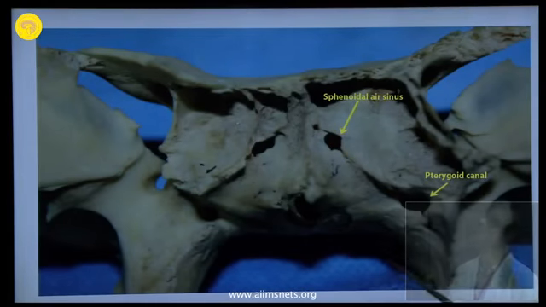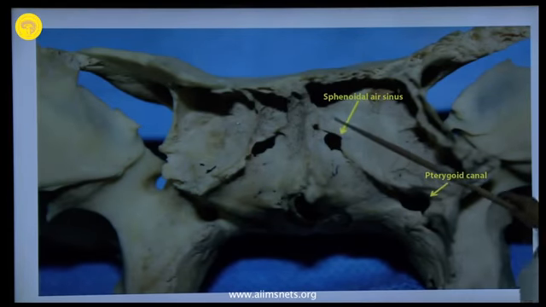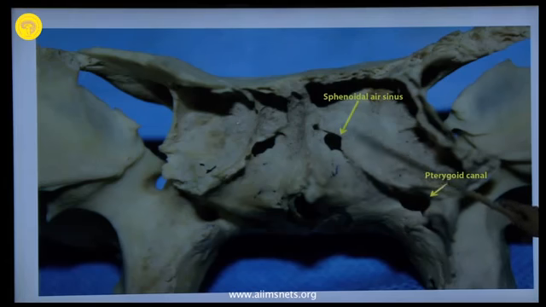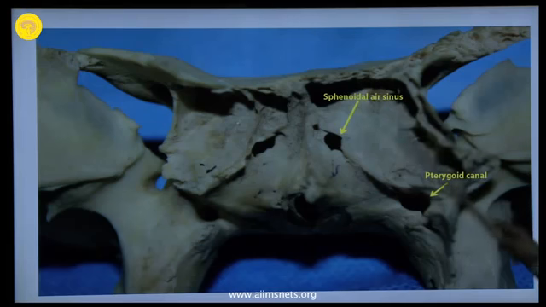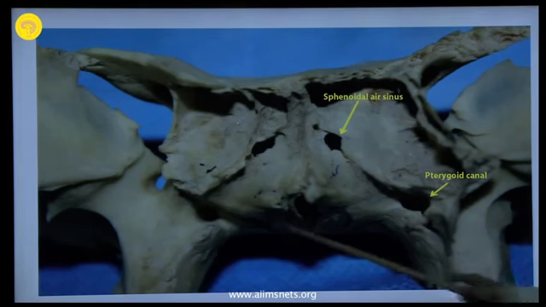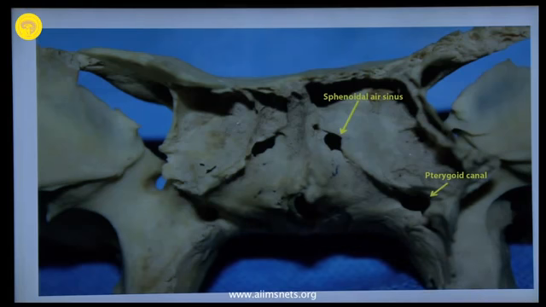These are from our specimens, the anterior surface of the sphenoid with the opening, and the crest has been broken here, and on this part only the posterior ethmoidal cells articulate to complete the Onodi sinus. The Onodi sinus is one of the largest of the posterior group of ethmoidal air sinuses, which lies in contact with the optic nerve. You know already that the optic nerve lies here. And this is the pterygoid canal. The Vidian nerve and the artery of the pterygoid canal pass through it.